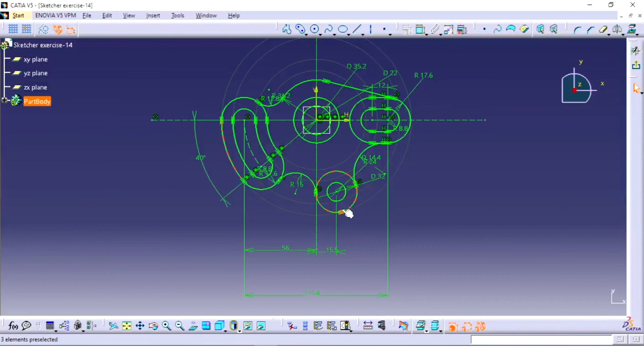And there you go, Sketcher exercise part 14 completed successfully. This type of profile is commonly used in bracket,